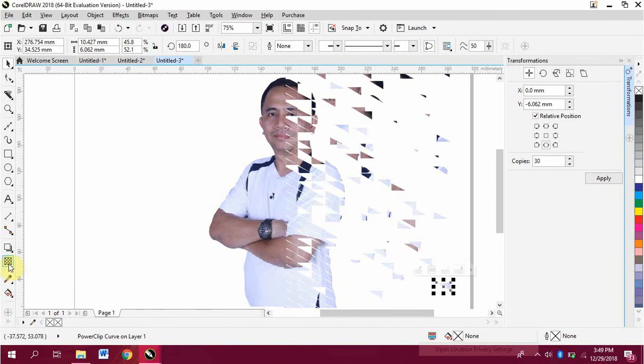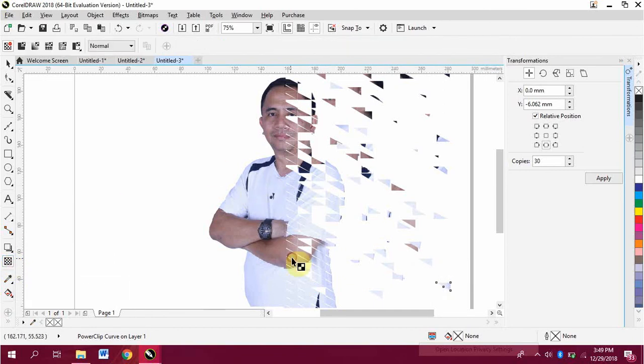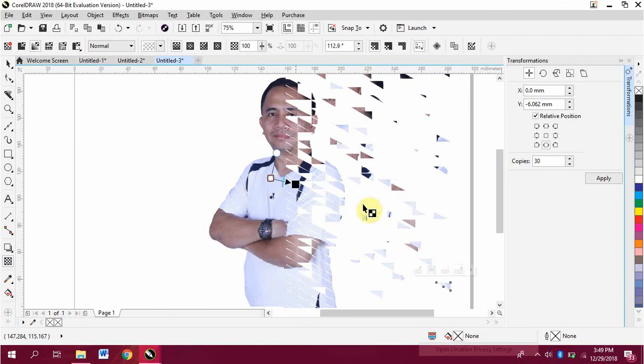You can use the Transparency tool to give the transparent effect, to dramatize it.